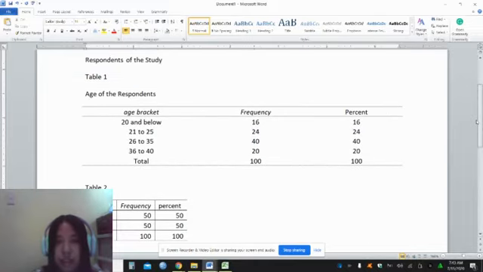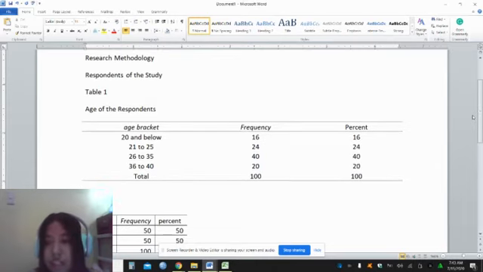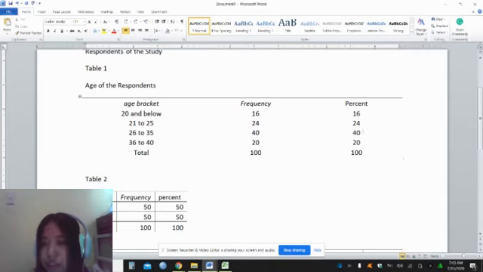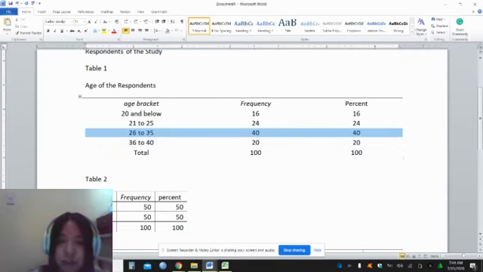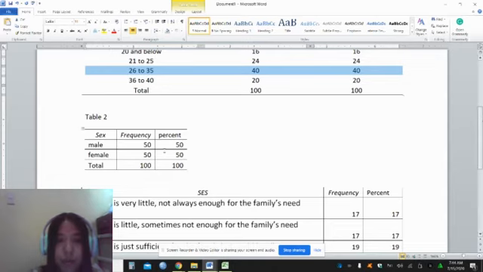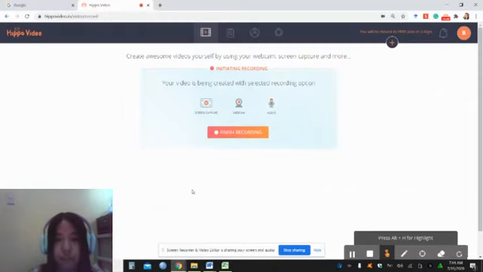So you can now describe the profile of the variables by saying, for example, that for this data, most of the respondents belong to age bracket 26 to 35 years old. There are equal numbers of male and female respondents. So you can consider all of those in respondents of